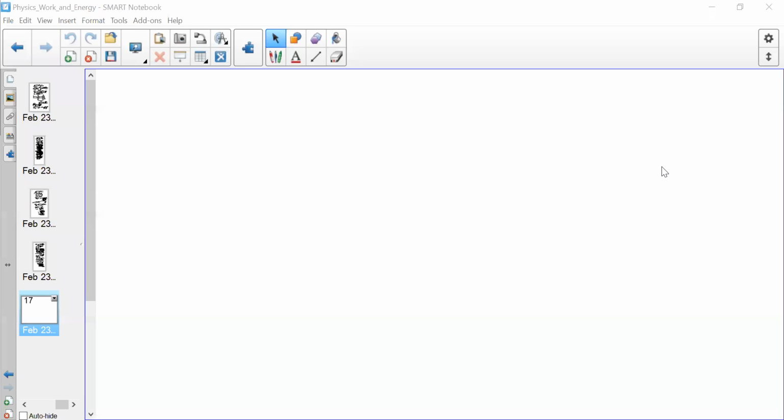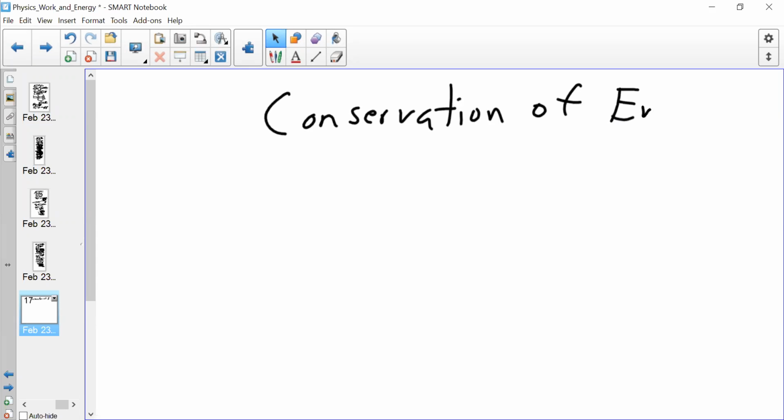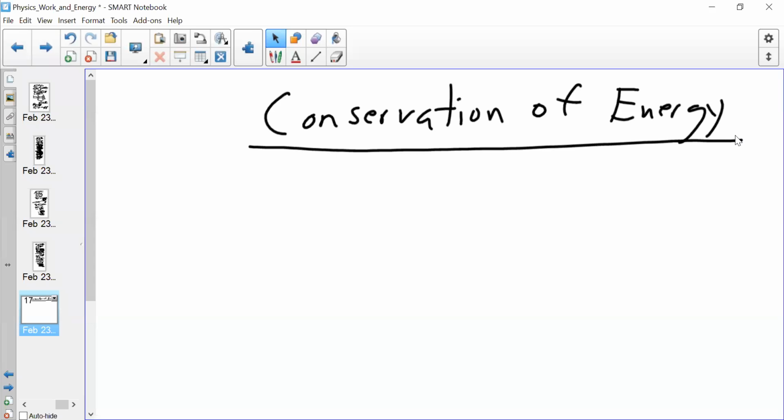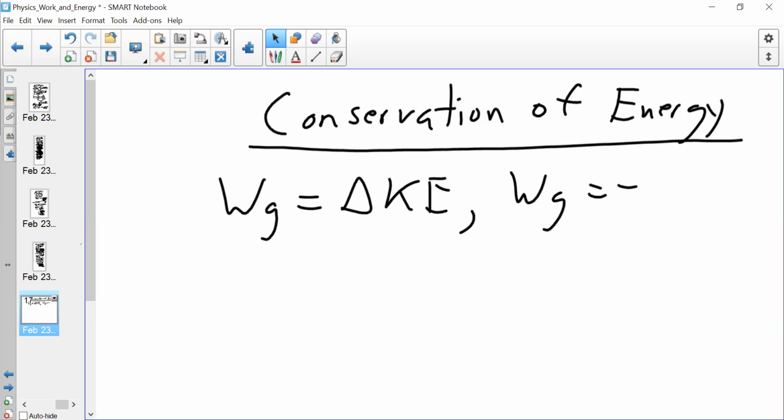Yesterday we were looking at deriving the law of conservation of energy equation, and just to abridge some key points: we derived the conservation of energy equation from understanding that there are two equations associated with the work done by gravity. The work done by gravity is equal to change in kinetic energy, and it's also equal to a negative change